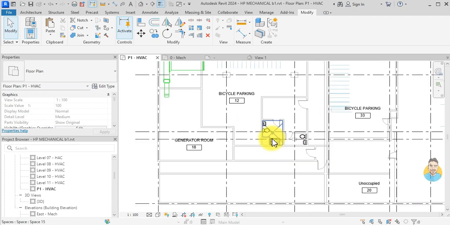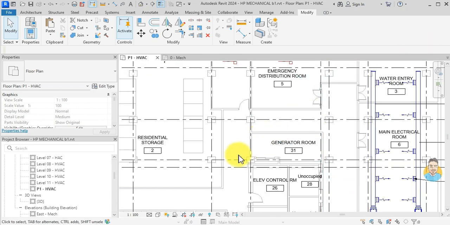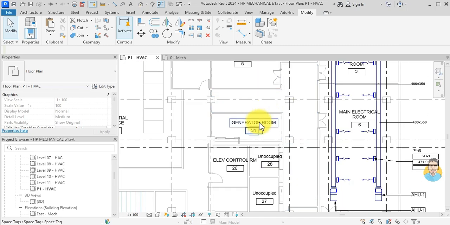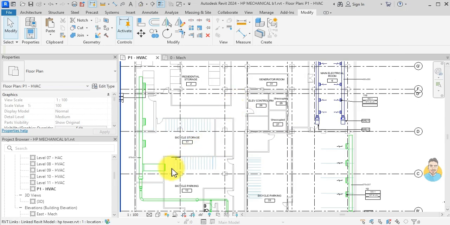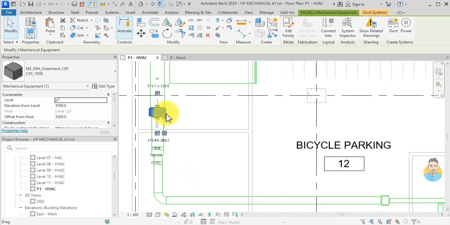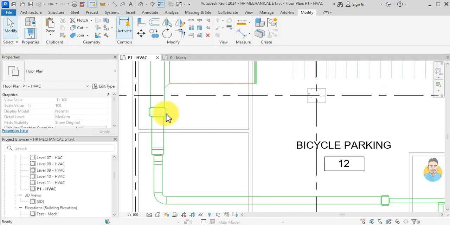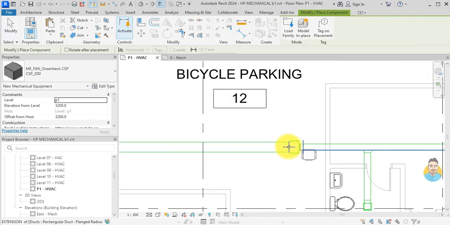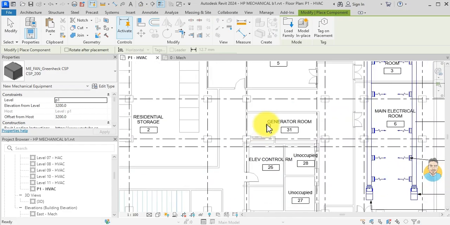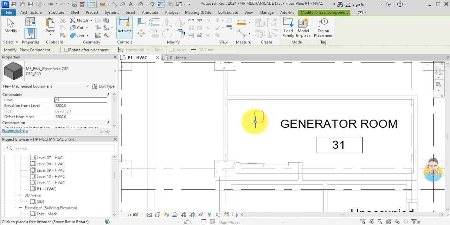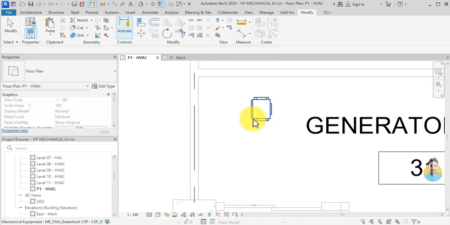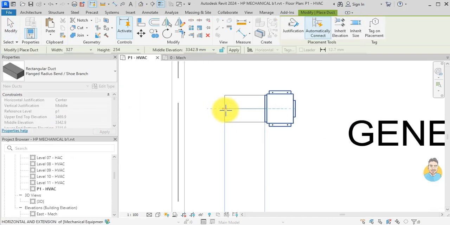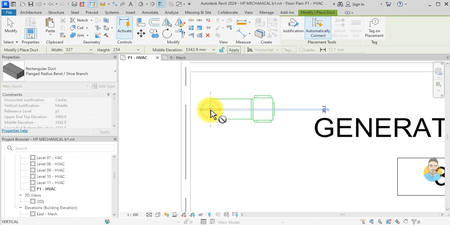There are 2 washrooms here, and now I want to add a small fan to this generator room. So I will click on this fan, CS for create similar. I just need something similar to the smaller one, the 200. CS for create similar, and I will go to the generator room, space for rotate, and then click it. And then the elevation looks good. Then I will click on this duct, and then I draw a little bit of duct,